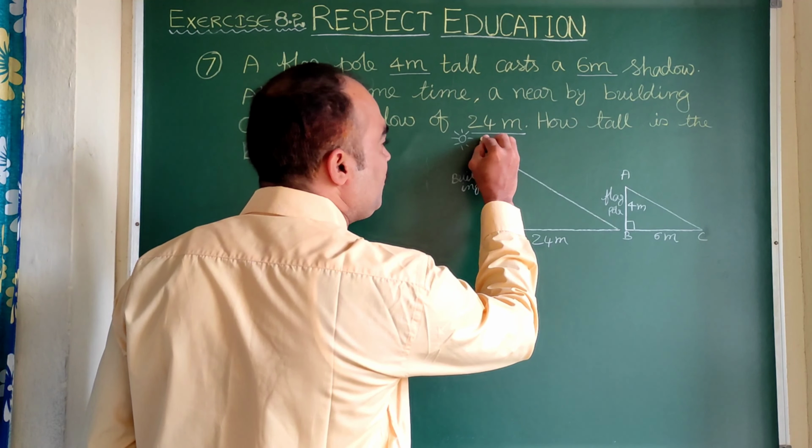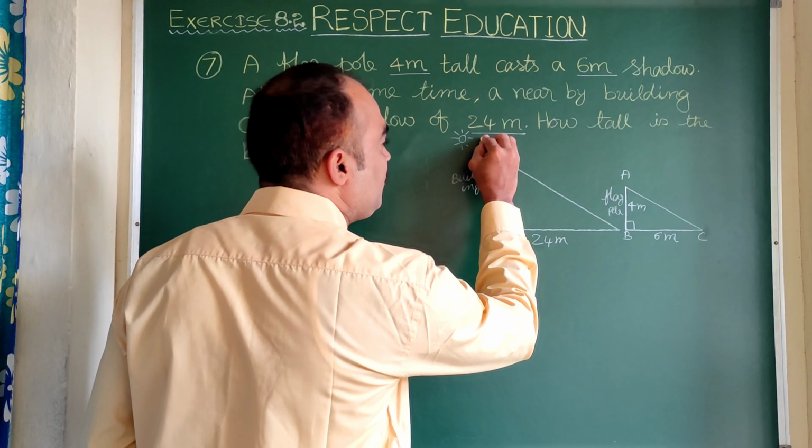Now here the values of AC and DF are not given. Moreover, they are not required for us also. So I am leaving that ratio. Now on simplification, 6 1s are 6 and 6 4s are 24. Now on cross multiplication, H into 1 is H is equal to 4 into 4 is 16. You just observe all the measurements are in meters. So H is also in meters. Therefore H is equal to 16 meters.